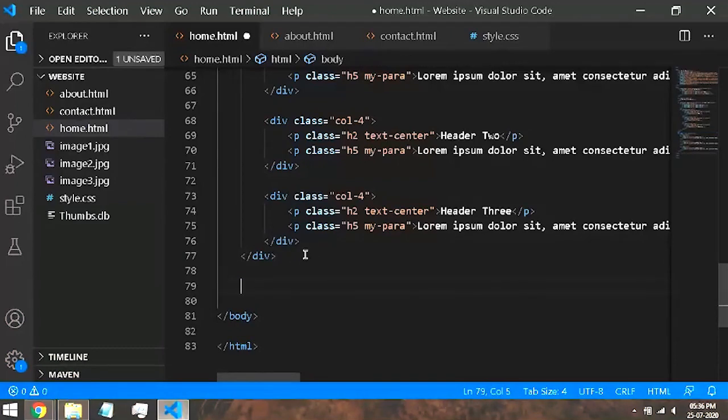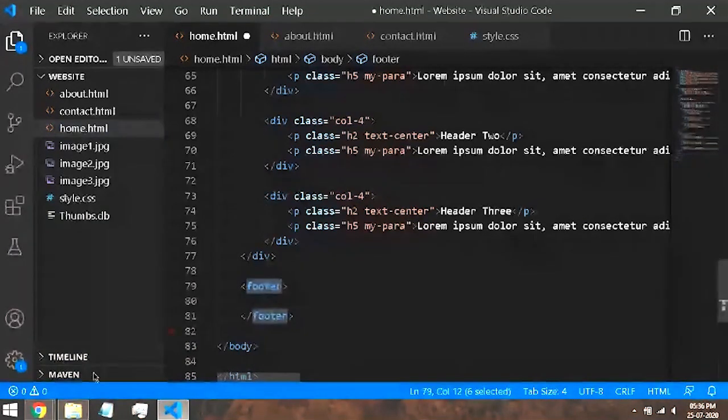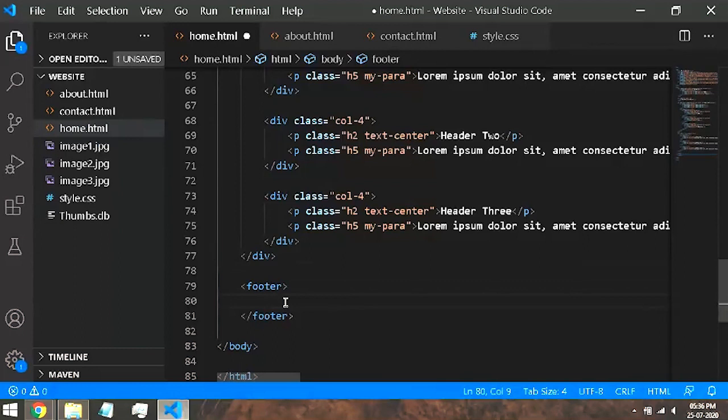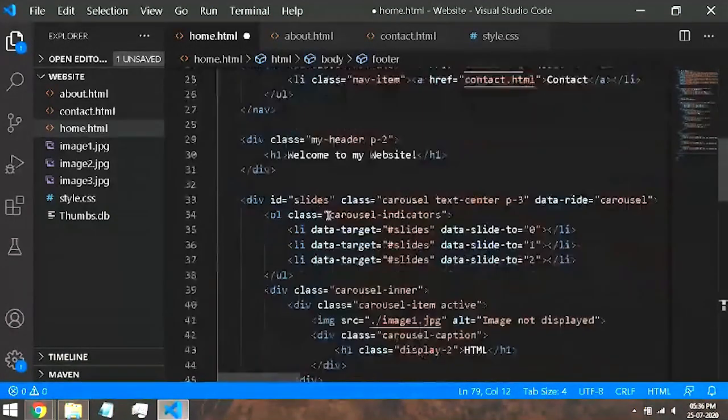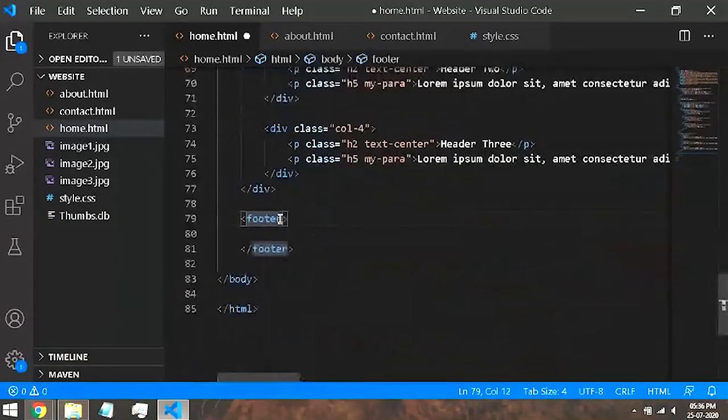Let's create a footer. The footer tag is just as simple as this. Remember that this tag was introduced in HTML5 and it was not there before this. But all the modern browsers support HTML5, so no need to worry about this. This will 100% work in your code as well. So footer, and as I explained in the carousel example and the navbar example, whatever you want to create, Bootstrap has a class for it. So I'll just say footer, Bootstrap class called footer.